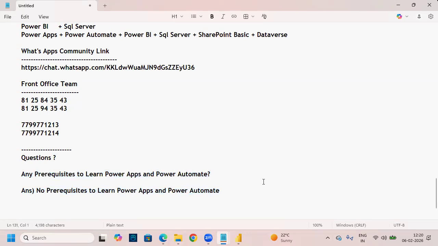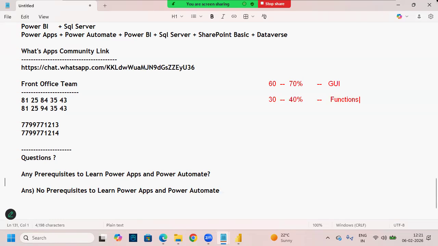Because, try to understand. First point, Power Apps or Power Platform doesn't come under the programming part, guys. It is a low-code and no-code platform where you don't require any prior coding skills. You don't require any C, Java, Python, .NET. You don't require any skill to learn this technology, guys. Anybody can learn it because most of the work, 60 to 70% of the work, will be done using just drag and drop, that is using some GUI options. And the remaining 30 to 40% of the work will be done using some